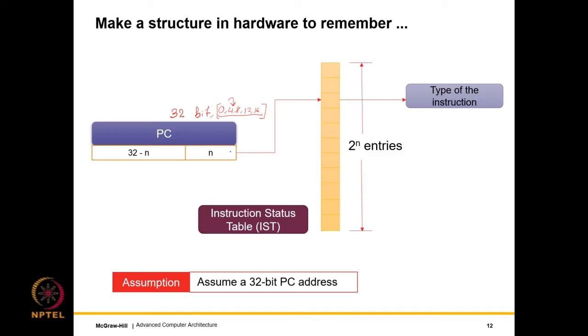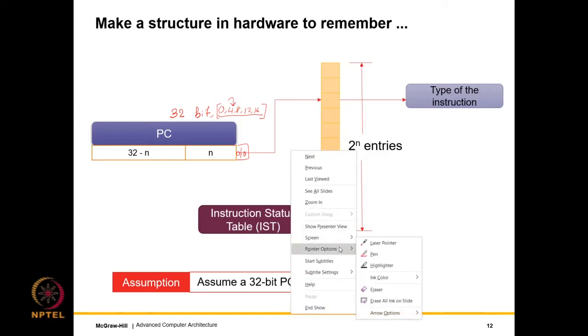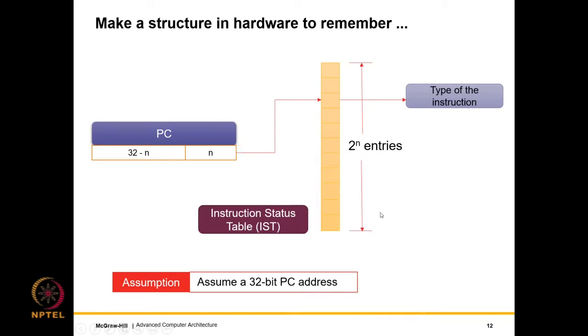And in our case, if you were to consider that, then anything aligned to a 4-byte boundary, the last 2 bits will be 0 and 0. But, as I said, for the sake of simplicity, let's avoid that. Whenever a branch predictor is practically being implemented, this should always be kept in mind, that alignment of the PCs to either a 4 byte or 8 byte boundary is important. Nevertheless, let's proceed with a somewhat simplistic assumption.